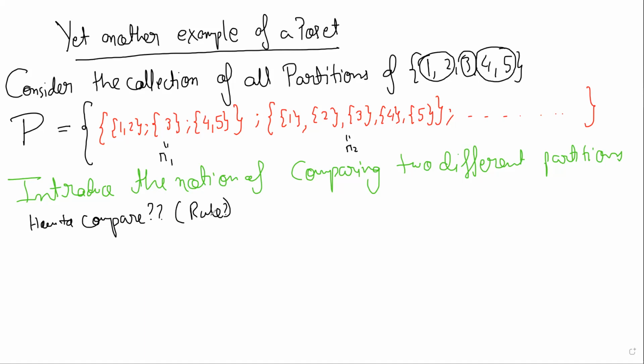So any ideas why one would call one partition bigger than the other? Obviously, these are all partitions of the same set, 1, 2, 3, 4, 5. There can be many answers, but any natural answer would do. Now you could obviously just write a relation and so on, but a natural way to compare two partitions.